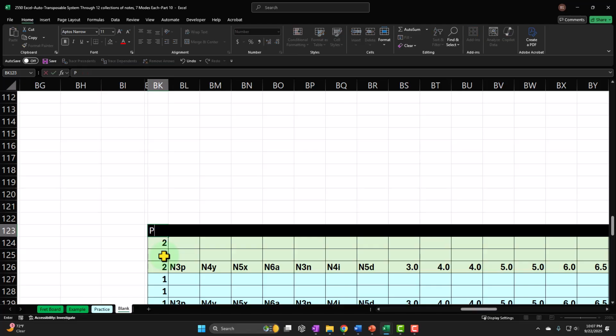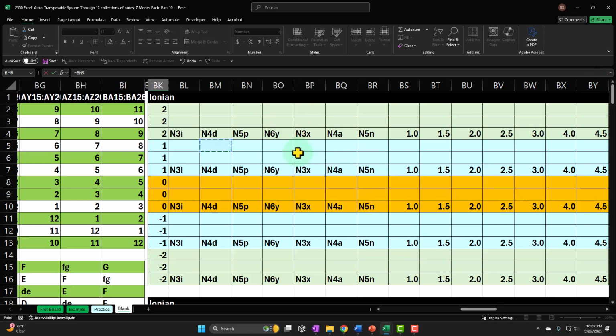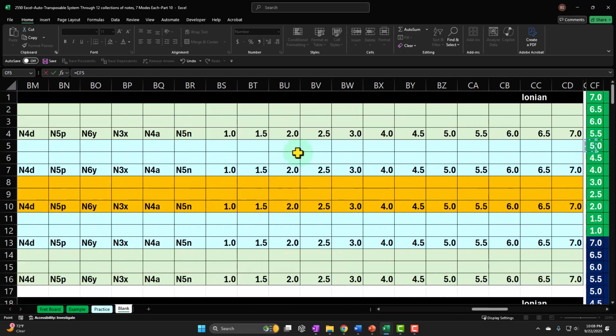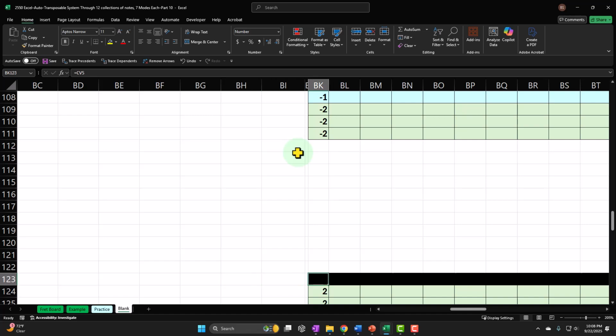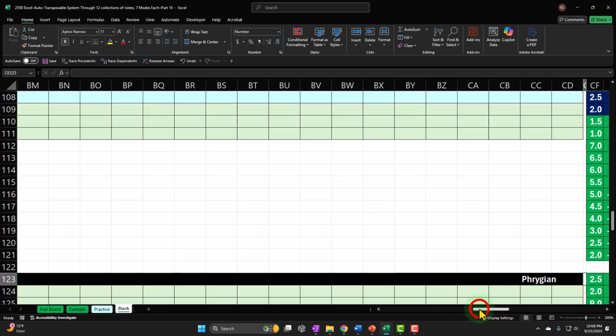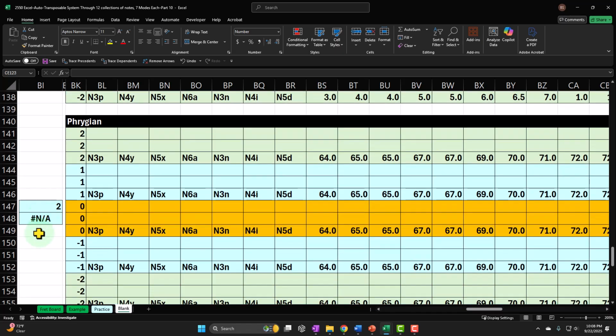This is going to be Phrygian, which I'll probably misspell. Let's see if I can say equals a Phrygian up here somewhere, so I get all the misspellings correct. No, I don't have a Phrygian anywhere. Okay, whatever. I'll just misspell it. Phrygian. Okay. Dorian, Phrygian. Okay. And so then this is going to be